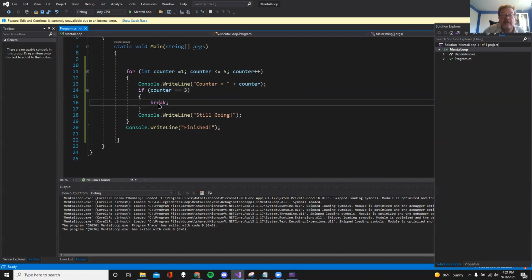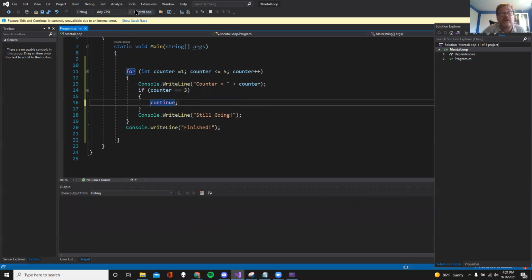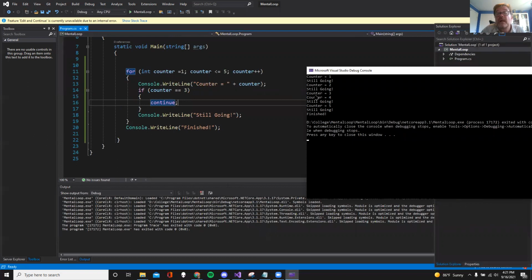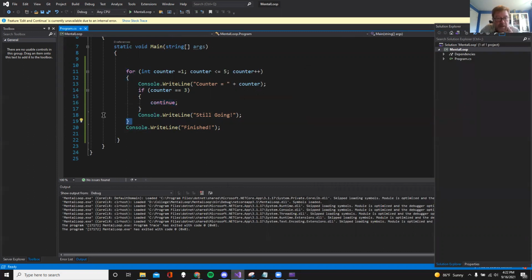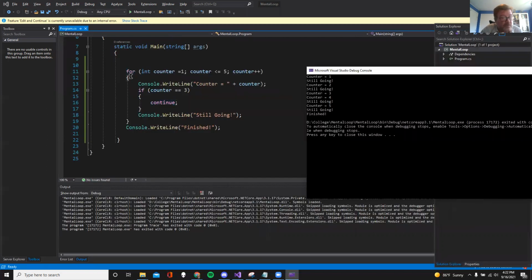That's what I'm saying. Now let's compare that with continue. Continue is another option for how to deal with stuff inside of a loop. What happens in continue is that you can see 1, prints still going. 2, prints still going. 3, it goes continue, and so it skips the still going line, and you can see that there's no still going line, and it goes right back up to the loop again. So break leaves the loop, continue drops you to the bottom of the loop, and then you go back up again. That's the difference between those two, and I think that's kind of important